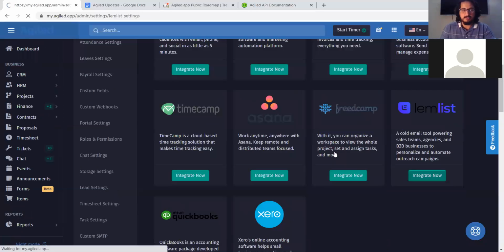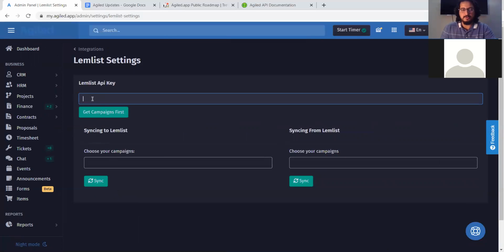If you go to Lemlist, you can put your Lemlist API key here. You can get the campaigns, and then you can sync to Lemlist and sync from Lemlist. If you sync from Lemlist, we will take all the contacts from the Lemlist campaign and add them to your account